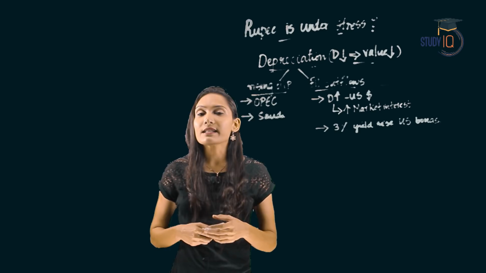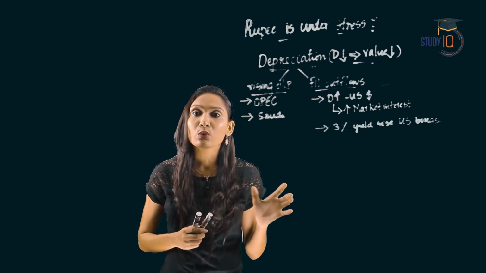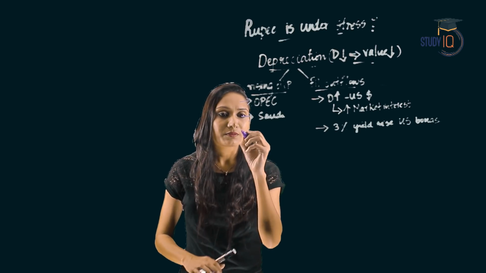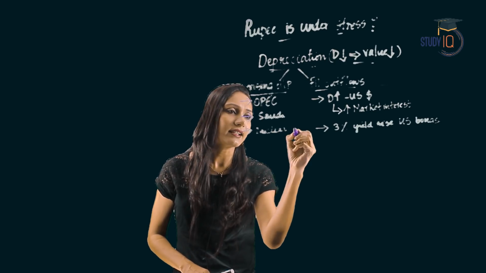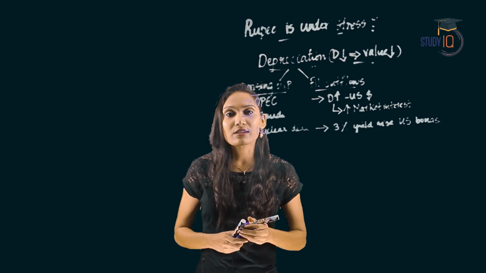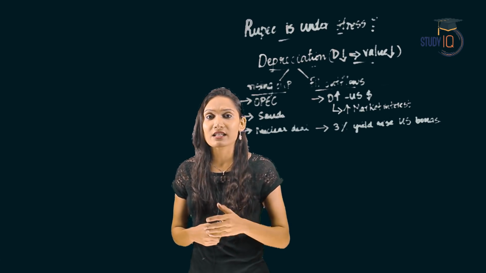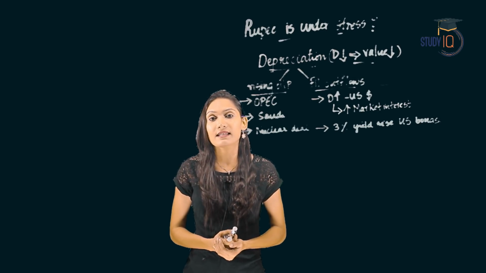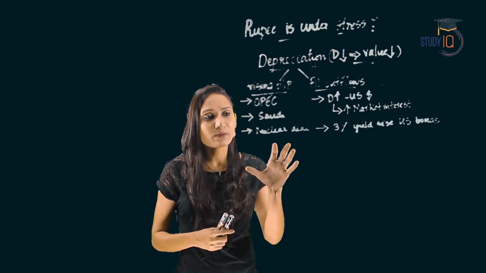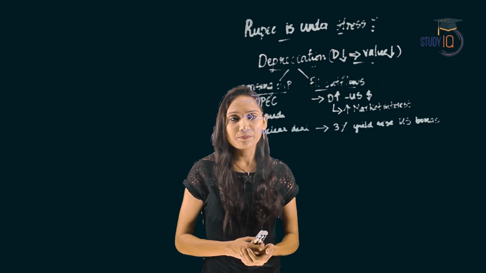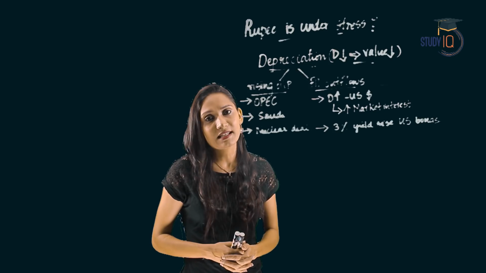Another reason for increase in the oil prices is that the tensions between Iran and US over the nuclear deal pullout. So, nuclear deal related tensions. So, US is actually planning to withdraw from the nuclear deal, and this has caused another tension, and this is one reason for increase in the oil prices. The nuclear deal pullout itself is an important topic which we will cover later in some other module. So, these are the three major reasons which have accounted for increasing oil prices in the world market.